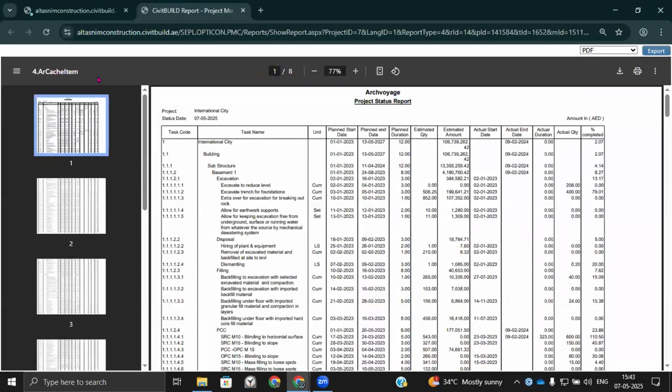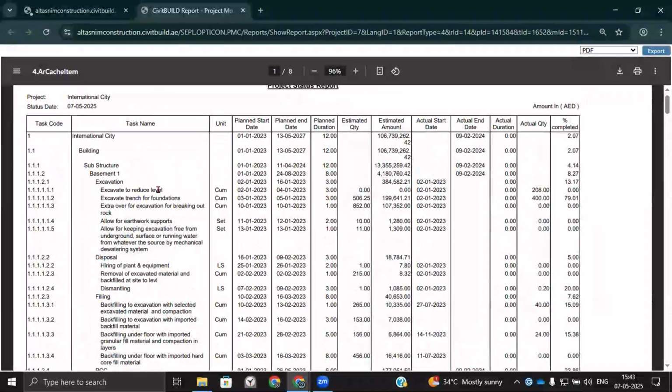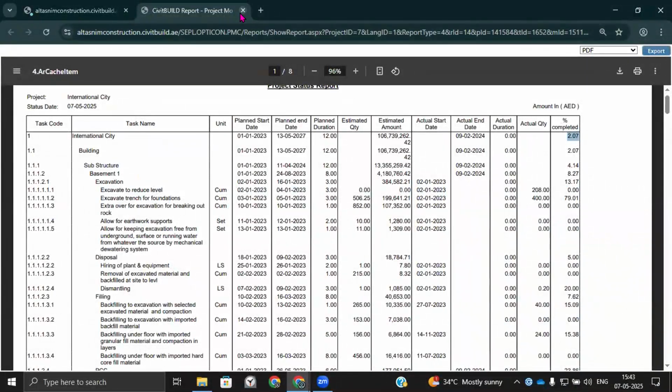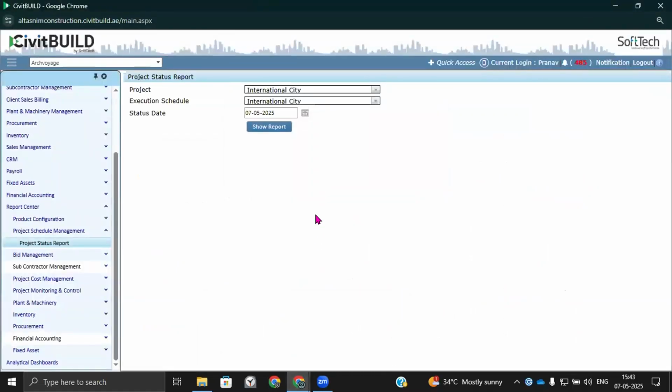This is a project status report, which gives you an overall understanding of each level line item: when it started, when it actually completed, what is the percentage or quantity completion, and what is the overall completion of the project as the activities and items under it get completed. These are a few out of the many reports CivitBuild offers, which give you better control and efficiency, as I mentioned earlier.